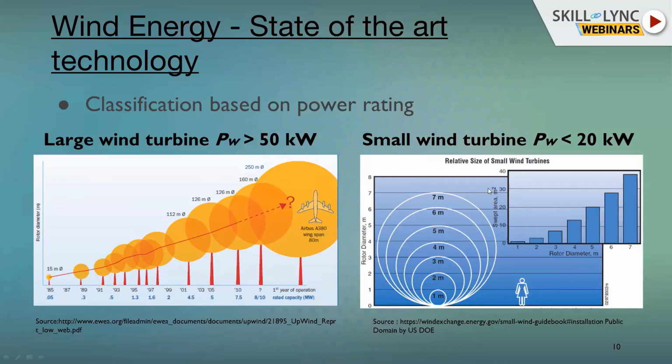Very many researchers are focusing on this small wind turbine part, where the power rating is less than 20 kilowatts. So this is an upcoming research area. The large turbine is more or less matured. Only for the blade dynamics and the mechanical part, a lot of research is going on, but the electrical part is more or less matured. But the small turbine is a very upcoming technology, because the cost per unit of power output, or energy per unit, is very high. So that is why they are looking for efficient wind turbines, efficient machines, efficient converter technologies and whatnot. So this is a very upcoming technology.